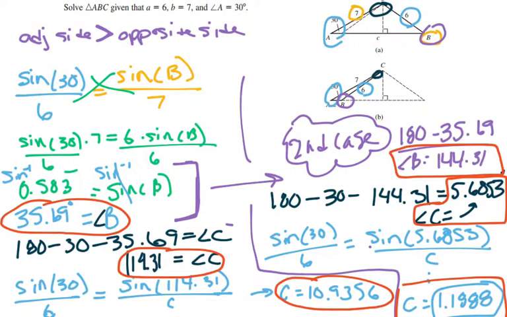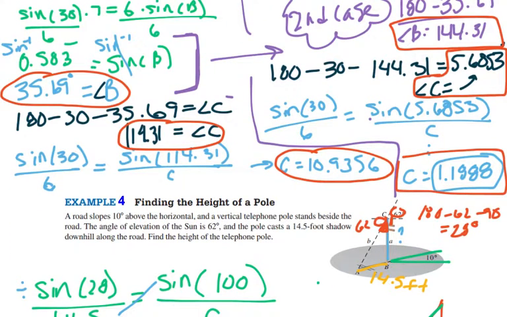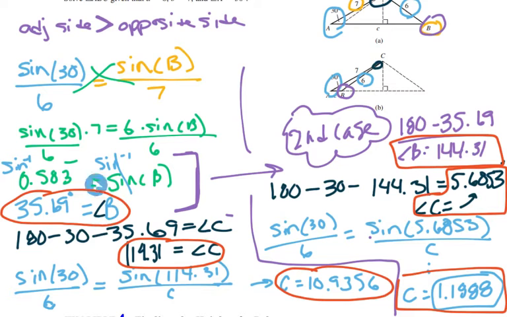We can continue with angle B of 35.69 and get C by subtracting from 180, and then setting up a proportion again to get our side length. Or, because we have angle B, we can now get our alternate case, which comes from the supplement of angle B, so 35.69. Its supplement is 144. And again, visually, looking at what we have here,